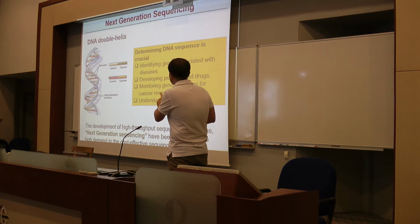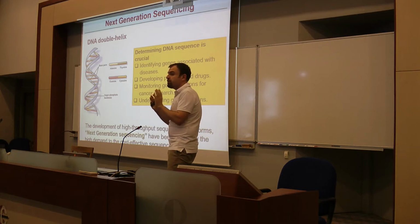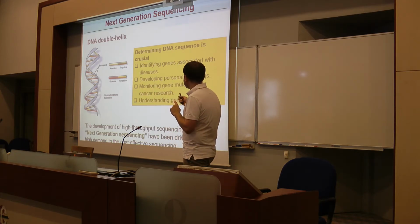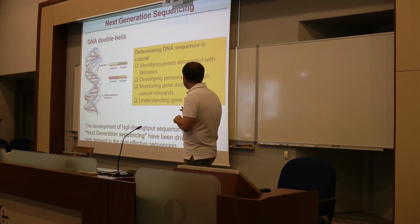I will quickly show you also how we can use this platform to determine the sequence of the bases in a DNA template, which is called DNA sequencing. DNA sequencing is very important in many fields, such as biology and pharmacology. Determining the DNA sequence is very important to identify genes associated with disease, to develop personalized drugs, to monitor gene mutations for cancer research, and to understand gene functions. And the development of high throughput sequencing platforms, namely next generation sequencing, has been driven by high demand